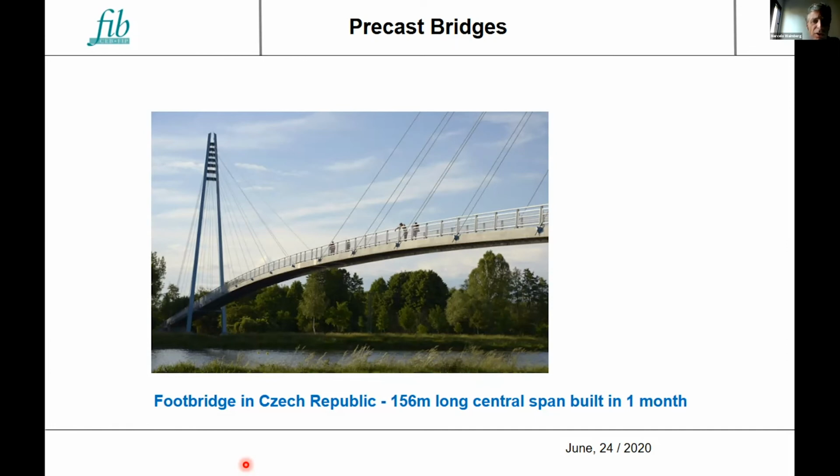And just to finish this short presentation, I wouldn't like to look like a salesman for UHPC, but it's very hard to avoid thinking of this new material and the possibilities that the use of this material will bring to the design of concrete structures in general, but in particular to concrete bridges, especially if you take into account the environmental concerns that have been presented in the previous presentations.